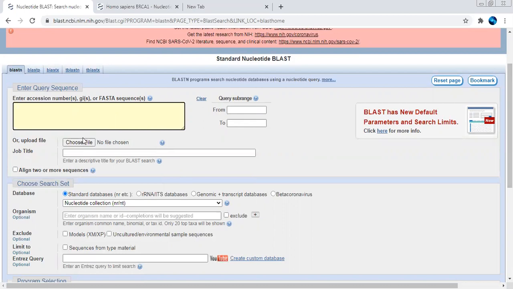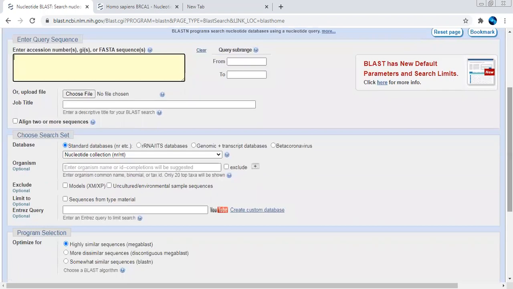So after that, you can give this file using the choose file option, and they will provide a number of different search options, in the form of what type of search you want to do, that is non-redundant or genomic variant or other particular search options. By default you have to choose the non-redundant data sets, and it will align the sequence based on the non-redundant data sets which have been stored over here.